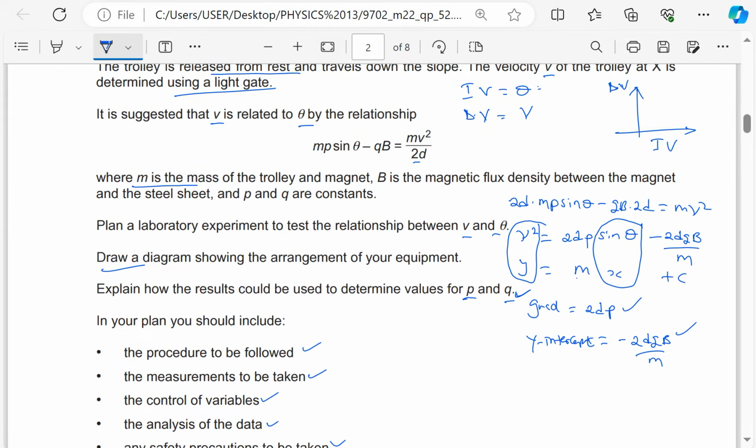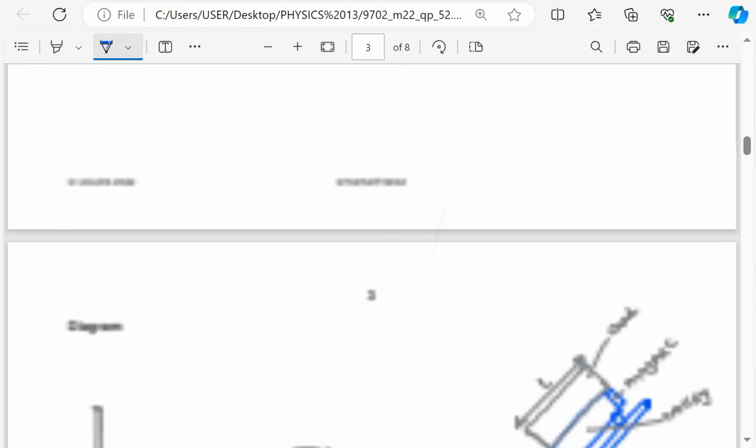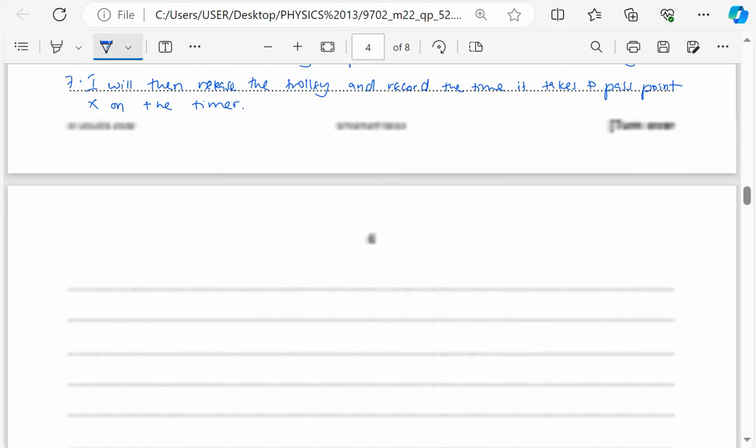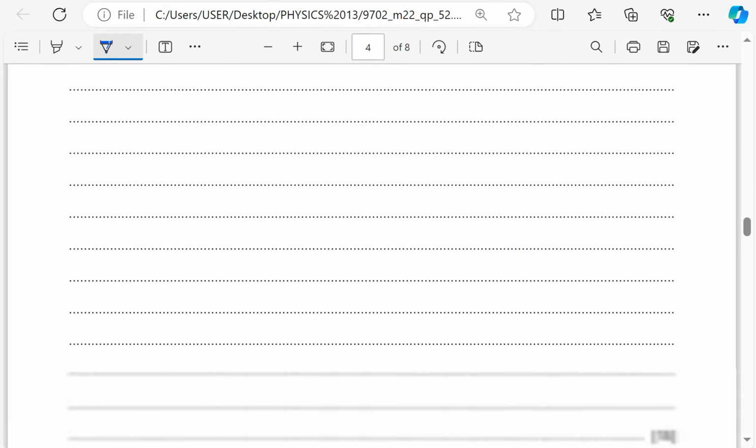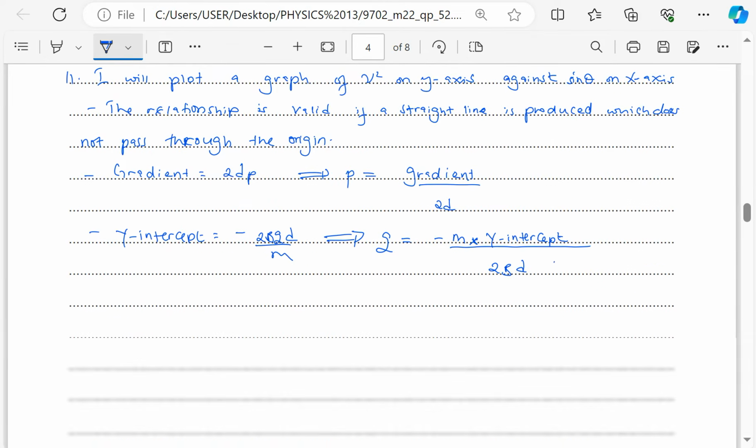The y-intercept is negative 2bqd over m, which means that q would be equal to negative m times the y-intercept divided by twice bd. Okay, I think I've already mentioned the safety precaution, but I can still add it here for safety